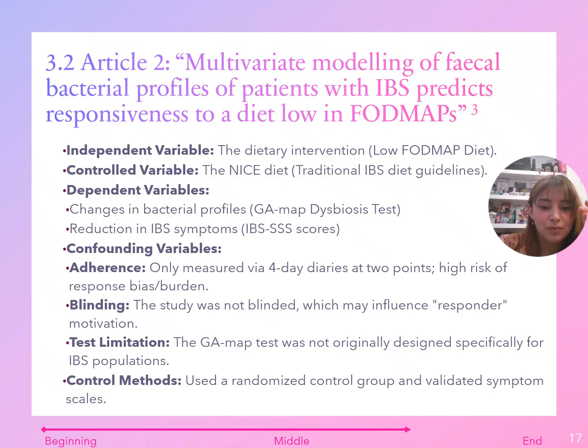So I think, of course, when your only adherence measure is food diaries, that's a large response burden on the participants. So you have that going for it, as well as maybe bias to look like you were adhering to the diet more than you were. And then, of course, the study was not blinded. And I think that's also what kind of motivated the responder versus non-responder